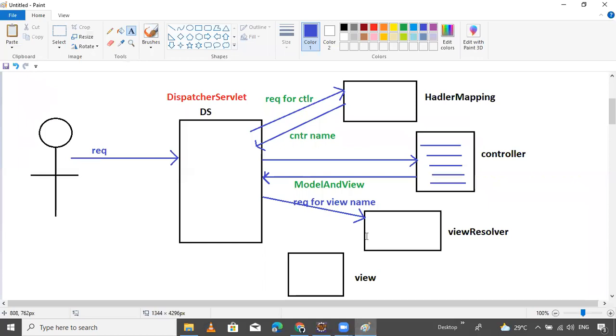Then it returns back to the dispatcher servlet.